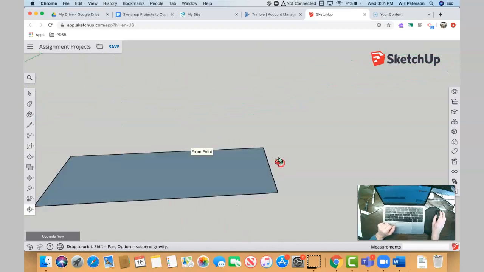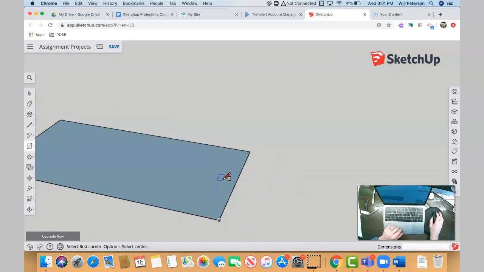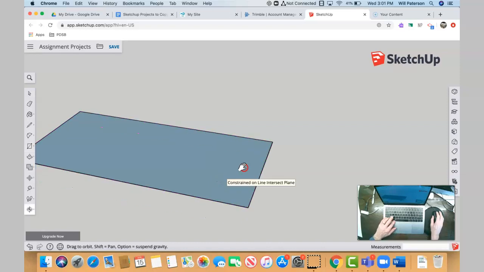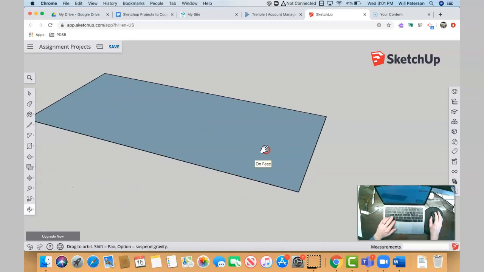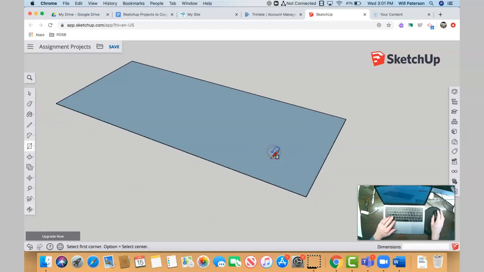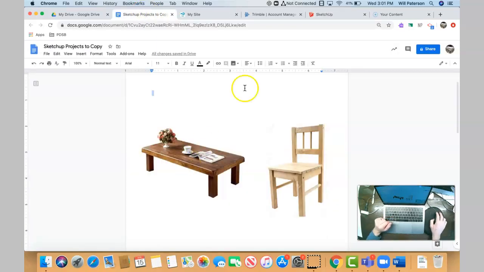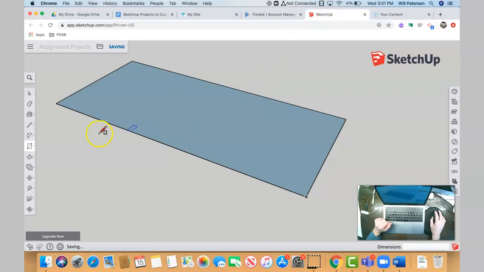Okay, so let's see how that looks. Okay, just go around here. All right, that's it. And then if you look at the photo, it looks kind of thick. You see that tabletop looks kind of thick, so I'm going to pull it up,